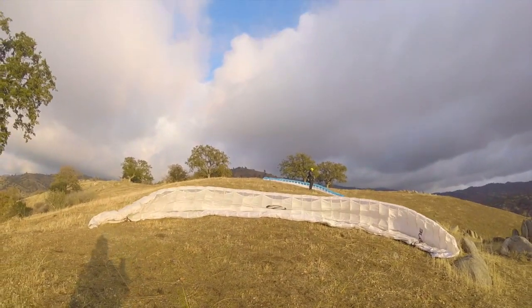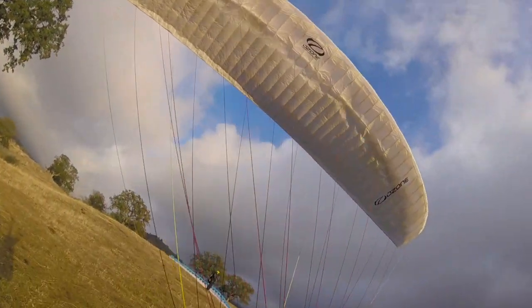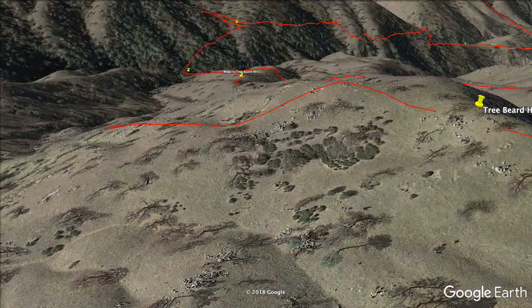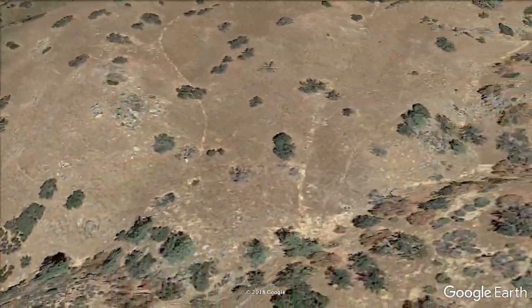And here is the launch at Treebeard. Come on, Mabel. With a little bit of wind coming up. It's a very safe launch. Love it a lot. Now from Treebeard, you can also launch up higher to